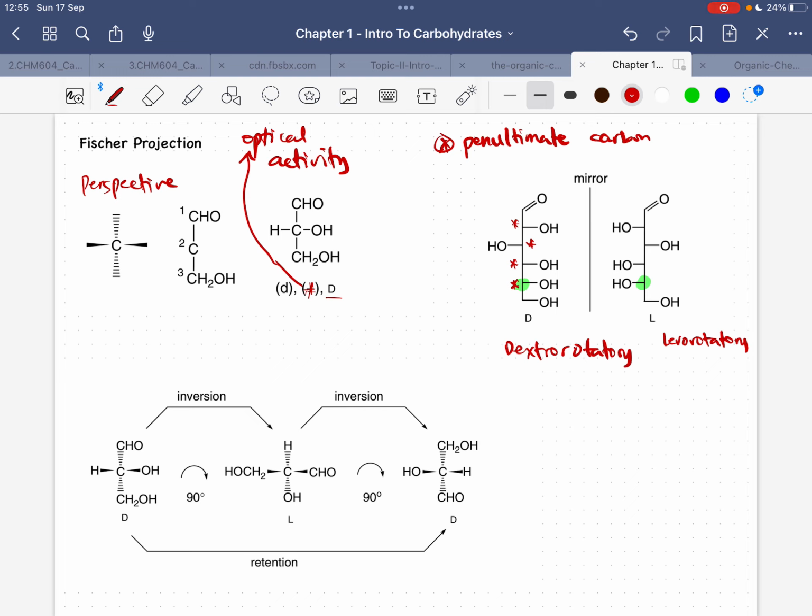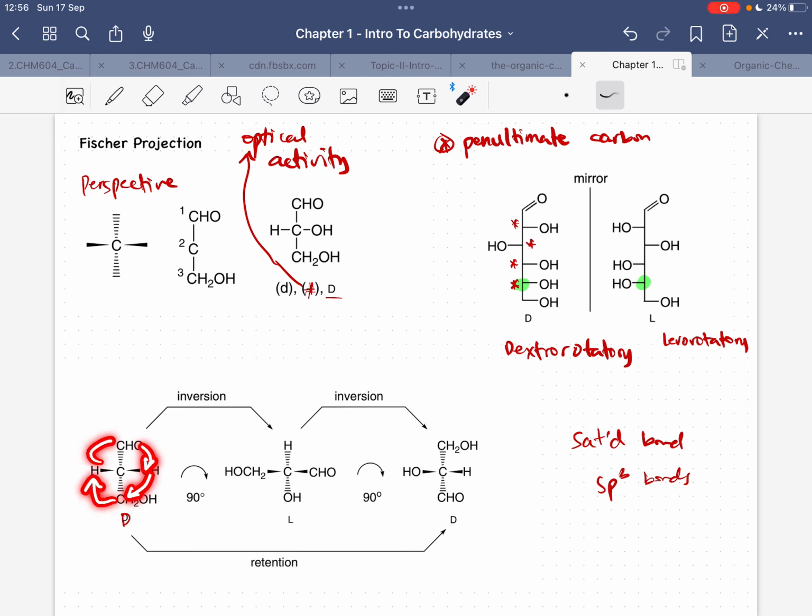Okay. And ang problem manggod pod sa Fischer projection is that you can always rotate the molecule. Okay? And rotation happens when you have saturated bonds, like sp3 bonds ba? There is free rotation in sp3 bonds. So magdepende po just sa groups nga present, no? But in organic chemistry, fundamental OChem, sp3 bonds can rotate. Na siya free rotation. And kung here, kung lakay di configuration, for example, kung ibo siya i-rotate clockwise ang molecule, like the CHO is transferred to here, OH is here, CH2OH is here, and H is here.